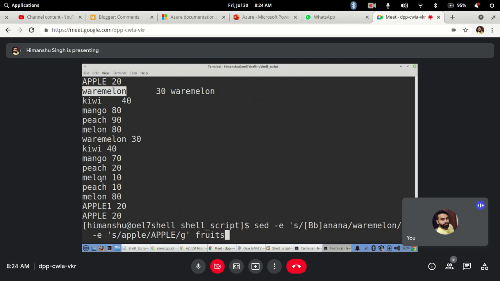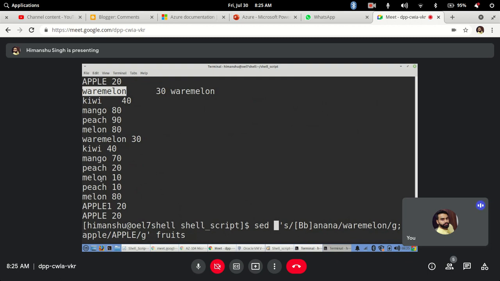Got it? The same thing can also be done without using -e. What you can simply do is remove -e, delete it, and put a semicolon in between. That will become one expression. I will remove the hyphen e option. That will become one expression, and after the semicolon it will become the other expression.